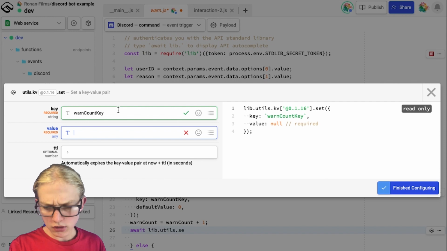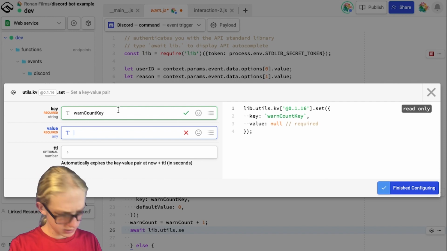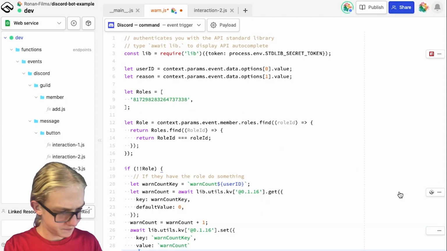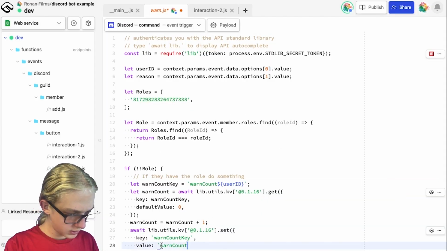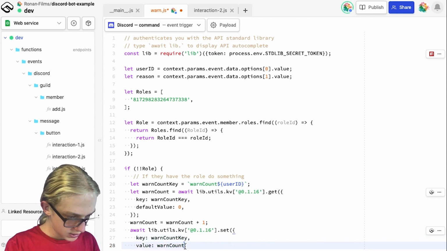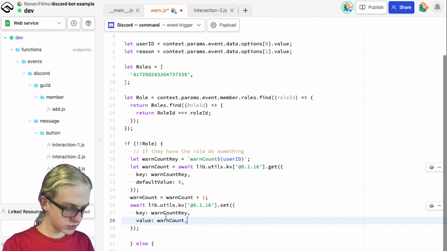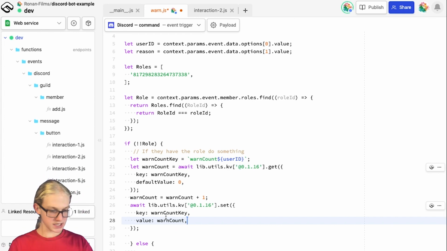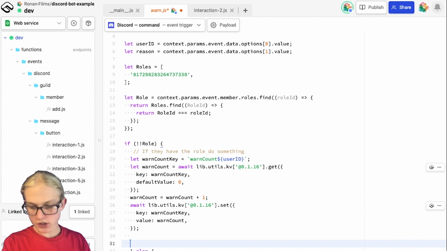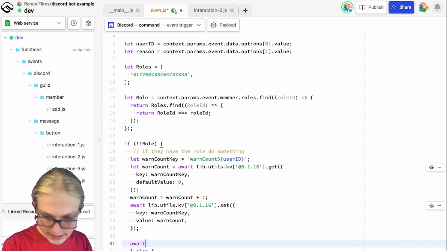Now what's the value? Well, the value here is warnCount, what we had in the last one. Hit finish config. Now we don't need these backticks. Add a comma at the end of warnCount, like that. Simple and easy. Now below that, do a return, and we're going to type await